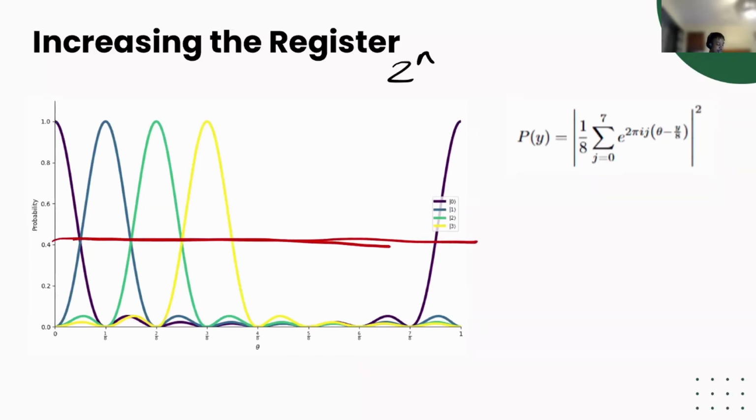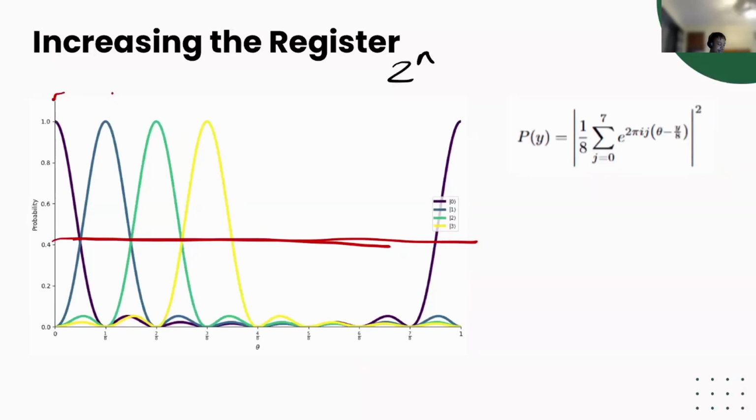So in the case that our true value of theta is exactly in between these peaks here, our worst case is that measuring the state 0 or measuring the state 1 is equally likely. And so this is our worst case scenario. And this is our bottom limit. And there's a proof that you can show that you'll never get worse than around 40% probability of measuring that state. So to summarize the whole idea of what we're doing, we showed that increasing the number of registers increases the precision with which we can measure theta, but it doesn't increase the probability of measuring a certain state. And that's a key distinction to make here.